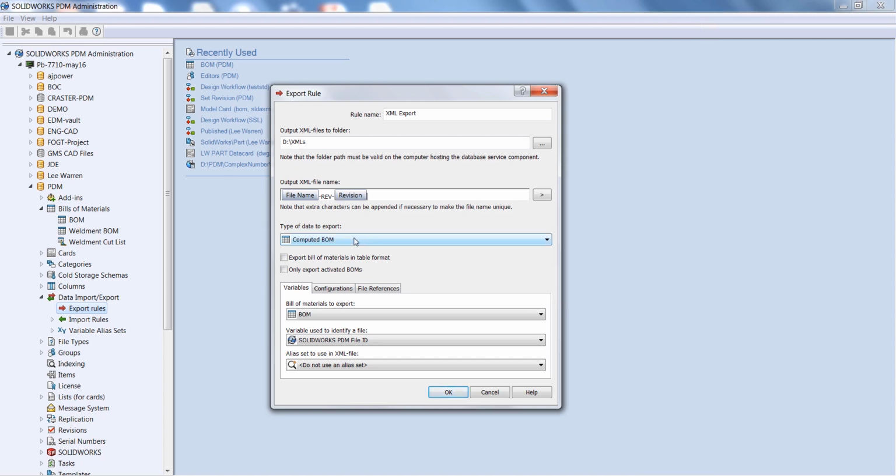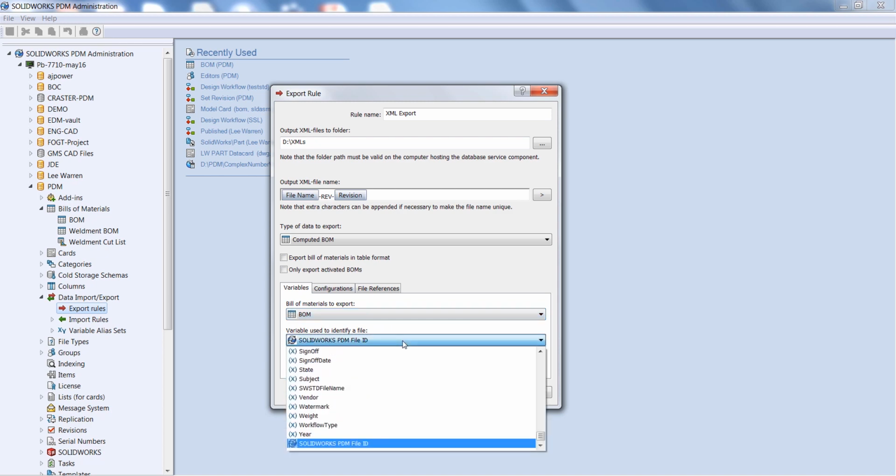Okay, what's the type of bill of materials you want to export? So we can have what's known as the CAD BOM, which is the bill of materials table directly on the SOLIDWORKS assembly or assembly drawing. The computed bill of materials, which is computed from the structure of the assembly, and or a named BOM if you've created one. So we'll stick with computed BOM. You can choose to export it in a table format. What bill of materials column set you want to export. So this was the set that we created at the start of this video.